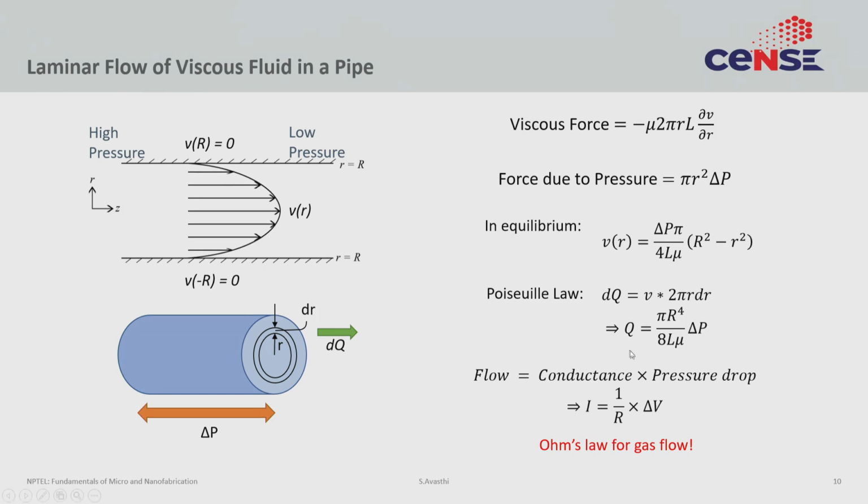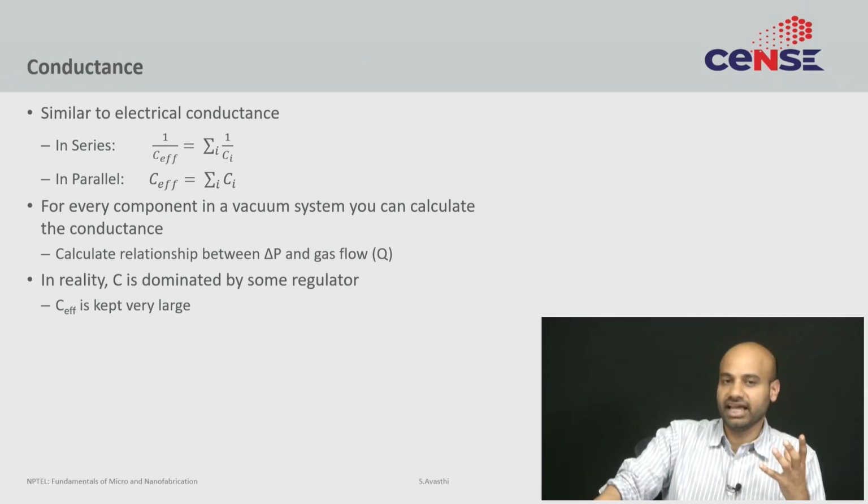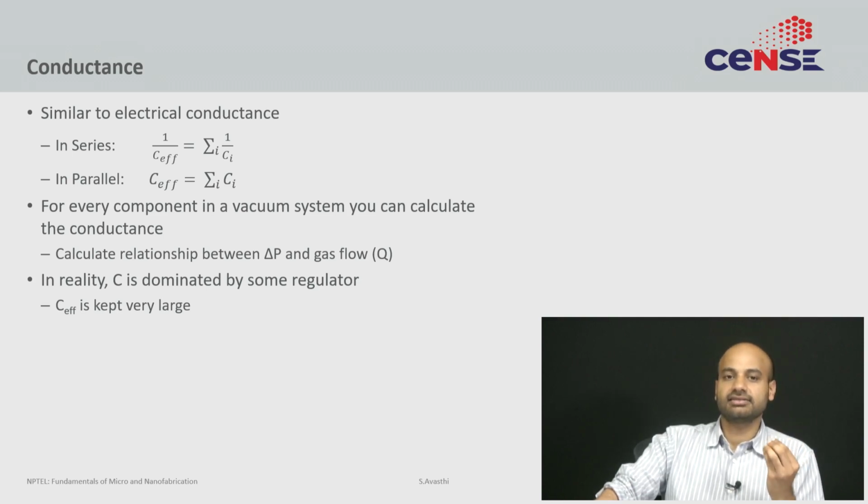So, now what you are looking at is, instead of current you are looking at mass flow, instead of voltage you are looking at pressure drop, and this value represents conductance, which is not electrical conductance, but conductance of fluid flow. So, this is sort of an important insight, because what this allows you to do is to understand that when you are doing design of a CVD reactor or analyzing the working of a CVD reactor, it can be thought of as a simple electrical network problem, where every component has a certain conductance,